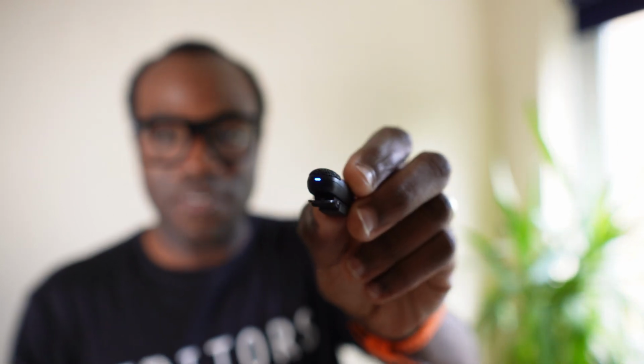So I'm going to put that track on right now. So you can probably hear that sort of traffic noise in the background, maybe at the same sort of levels as my voice right now. So let's turn on the noise cancellation of this microphone. All you need to do is just press this button here, and the light here goes from blue